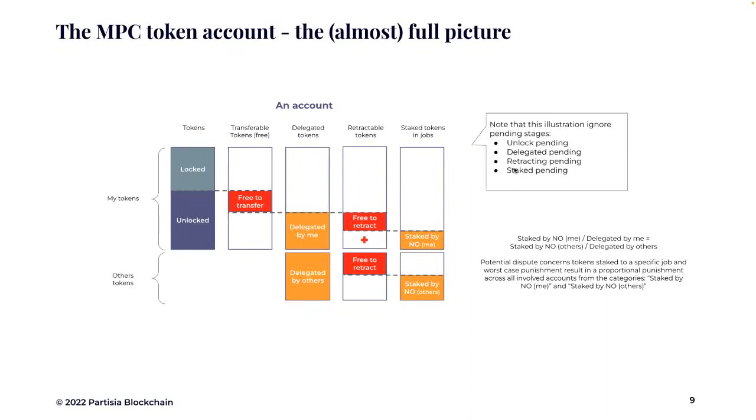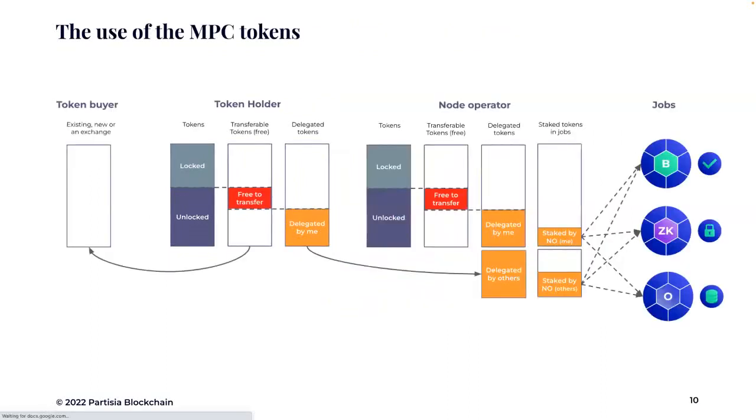Or you could have pending delegated tokens. You can have pending retracting tokens. You can have pending staked tokens, and the last one comes in many variants, since there are many different jobs and so on. All right, so with that picture of what a generic account looks like, we can have a look